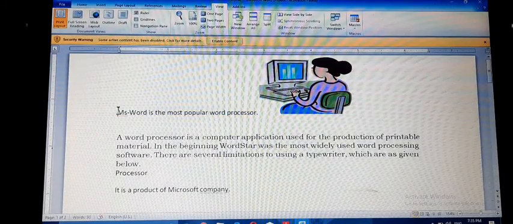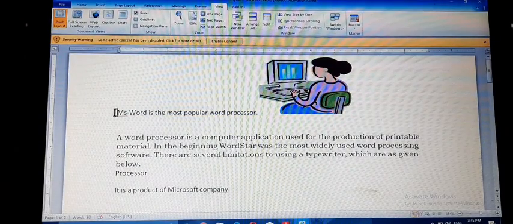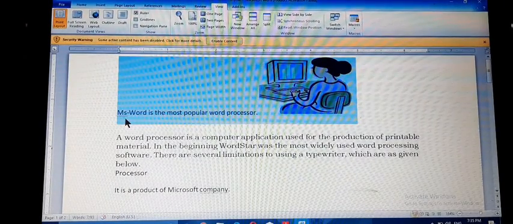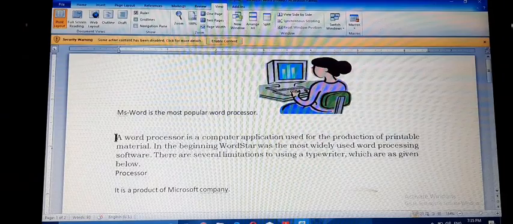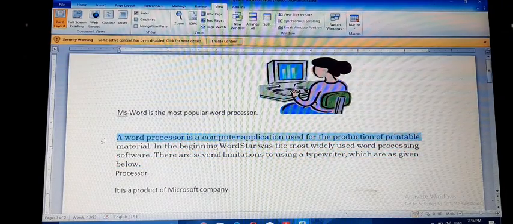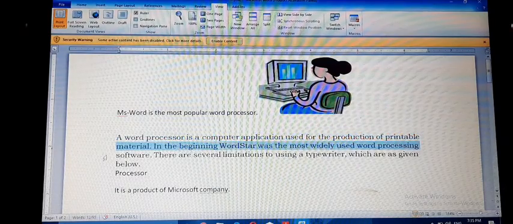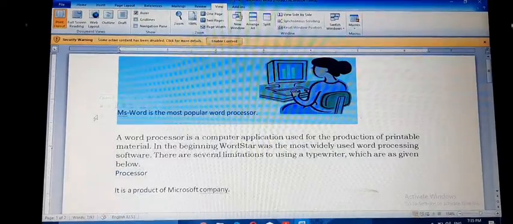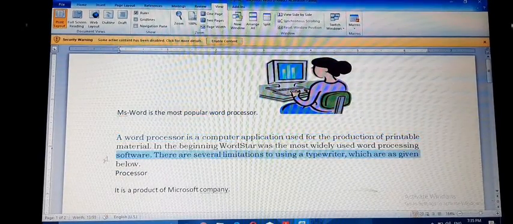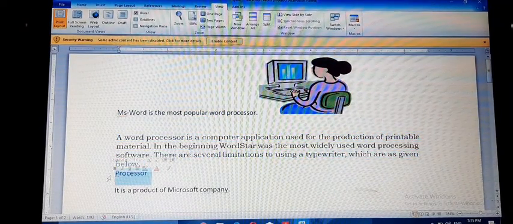Okay, beginning of the line, to select a particular line. Okay, in this way we can select a line of text.